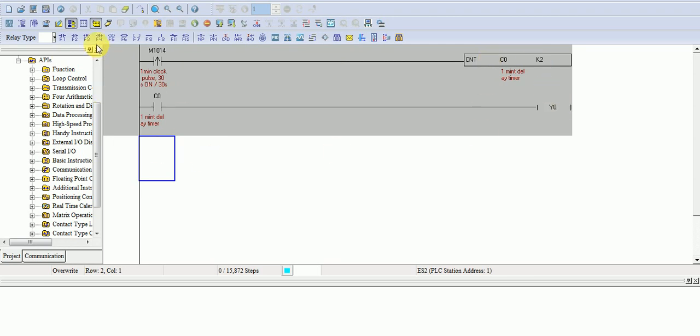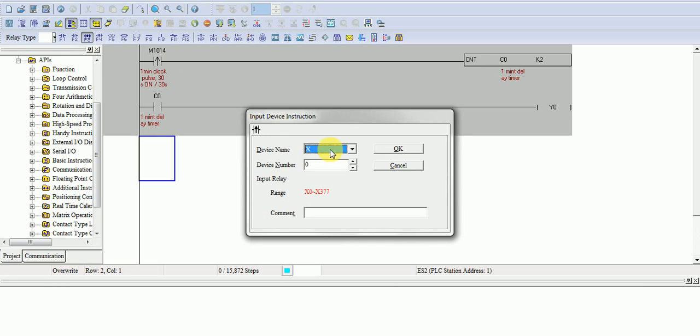Take another example, M1012. This is a 100 millisecond clock pulse, 50 millisecond on and 50 millisecond off. It will give 100 millisecond.